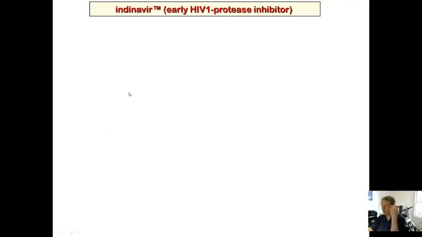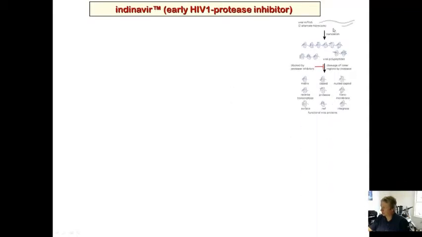Indinavir. Indinavir is an early HIV-1 protease inhibitor. This is a little different because it's not a membrane-bound protein. This is part of HIV, right? And so you get infected with HIV. What did it do? I have a little mini slide which kind of reviews the basic idea of HIV and